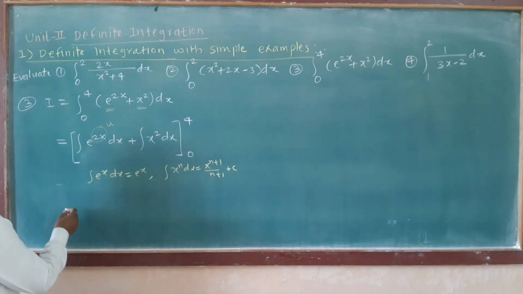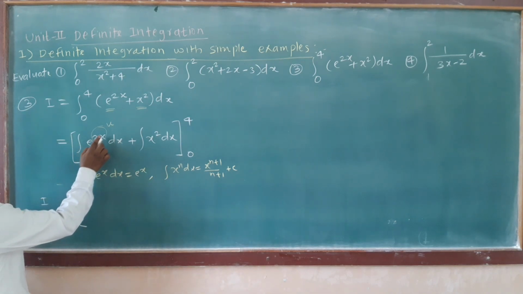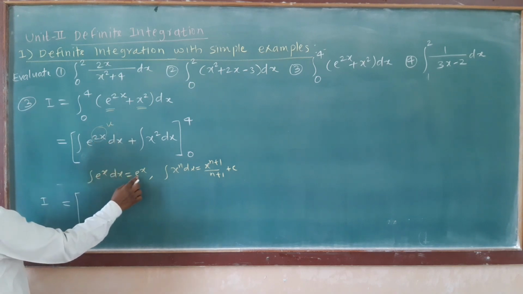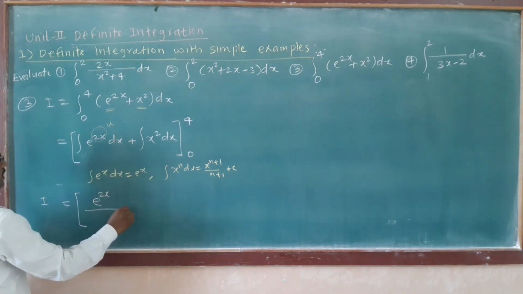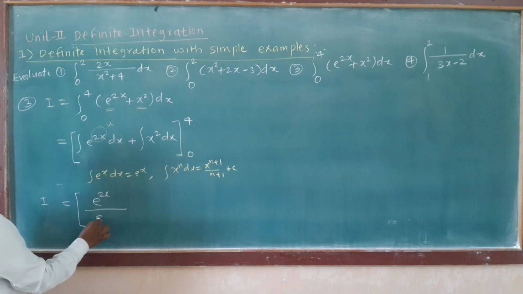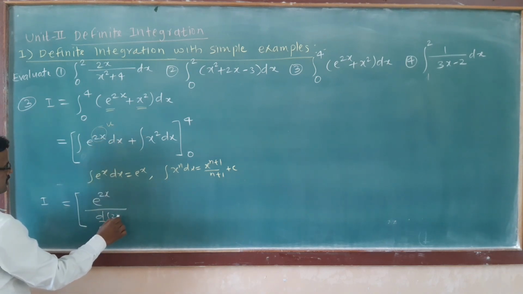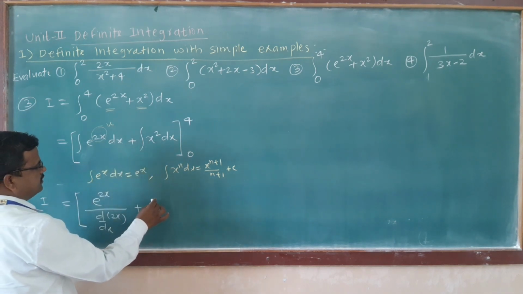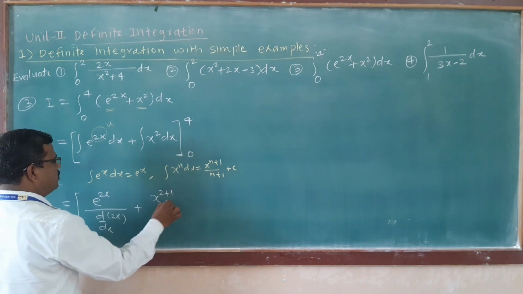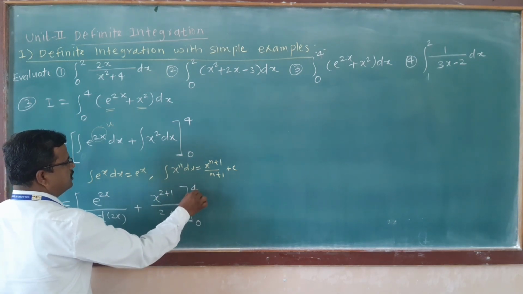So which is equal to integration of e raised to u by this e raised to x, e raised to x, integration of e raised to u is e raised to u, u means 2x and this being composite, divide by derivative of u which is 2x plus integration of x square which is x raised to 2 plus 1 upon 2 plus 1 within limit 0 to